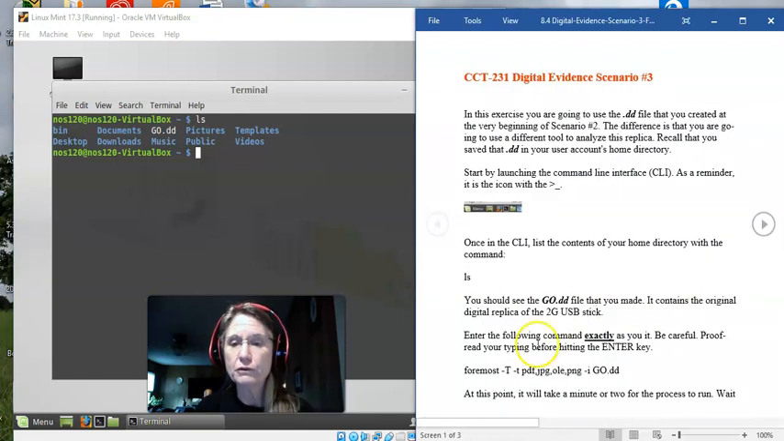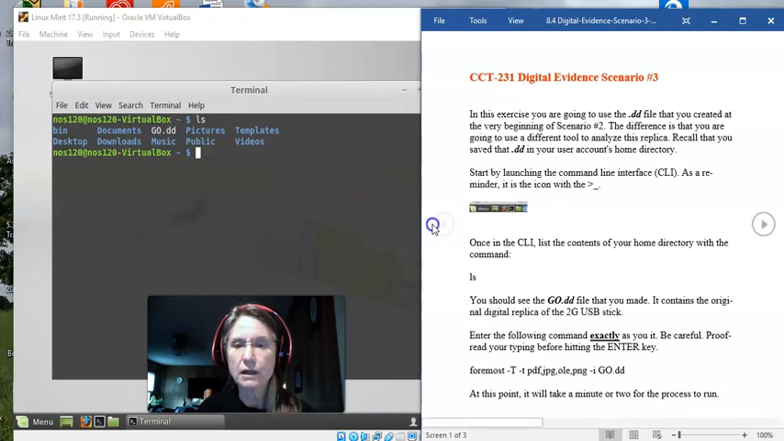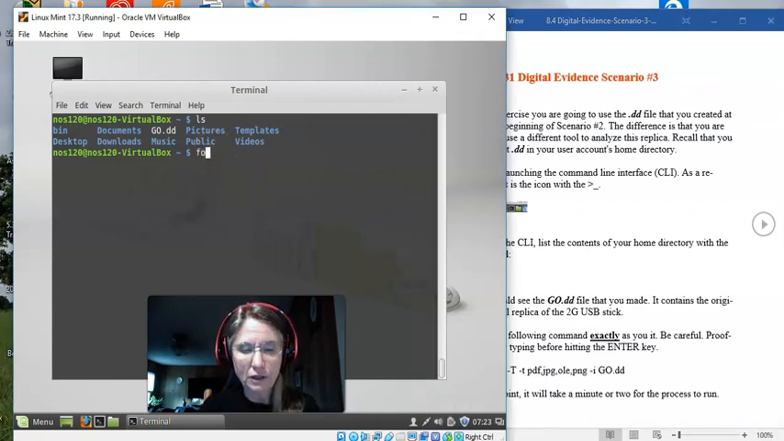We are going to enter exactly as we see in the instructions a command sequence. It's a little bit complicated looking, and that's why we're going to be careful to enter it exactly as we see it. I'll try to make a little bit more room there. So we're using a tool called Foremost, and